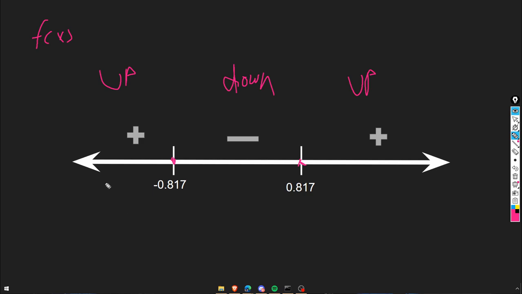So if you don't have access to a calculator, what you would do is just plug in, say, negative 10 and see, do you get a positive number or a negative number? And in our case, just looking at the number line, we should get a positive number. And then you just want to keep plugging in points that are in between the two segments. So maybe a point that's here and a point that would be somewhere over here. So for this, we could just plug in f double prime of 0 if you want to find whether it's concave up or down in between the two critical points. And if we're looking at the greater side, we can plug in something like positive 10 or even positive 1. Because going back to our previous slide,